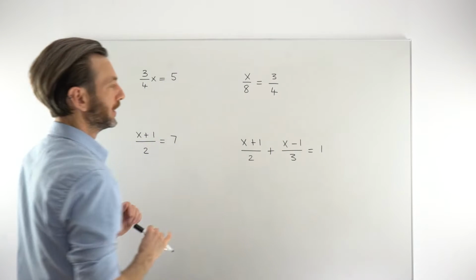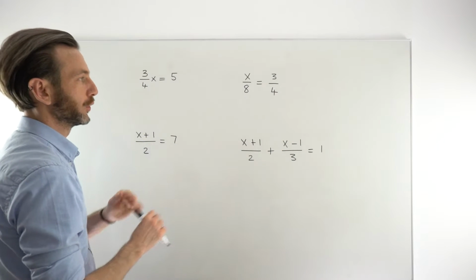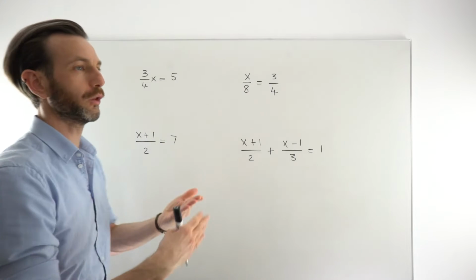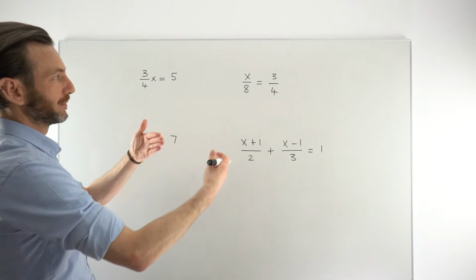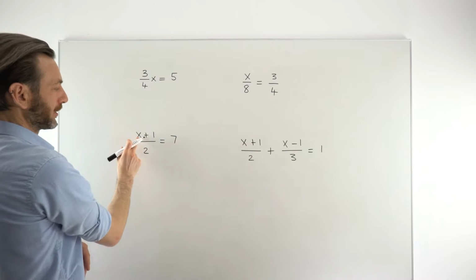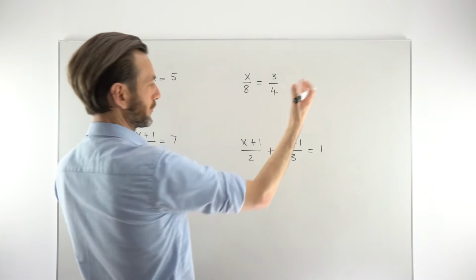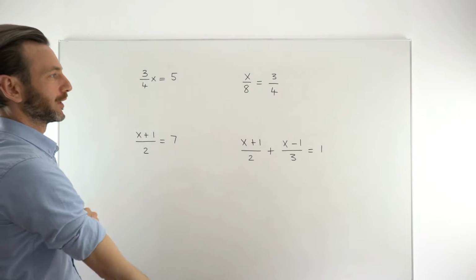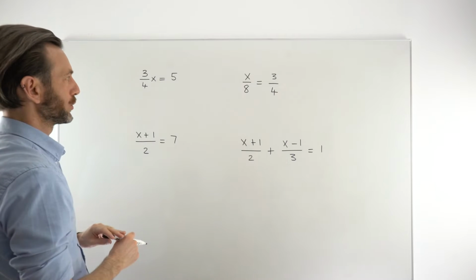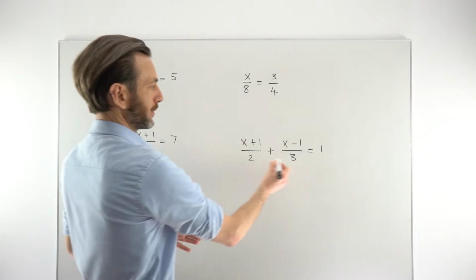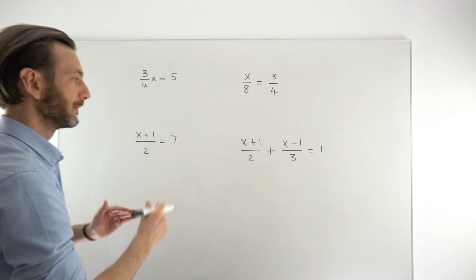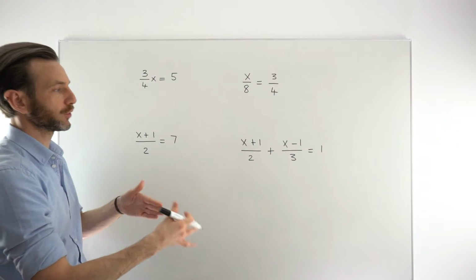And then you move up to the next level, which I would consider to be equations that have got fractions in them, which are more difficult than the previous two, but they're still following along the general principle of solving an equation. You're still doing the same thing, trying to achieve the same thing, figuring out what the value of the x, or whatever the letter of choice is, that satisfies the equation. You can see just by looking at these, they're at different levels. Clearly this one's more complicated than the other guys,